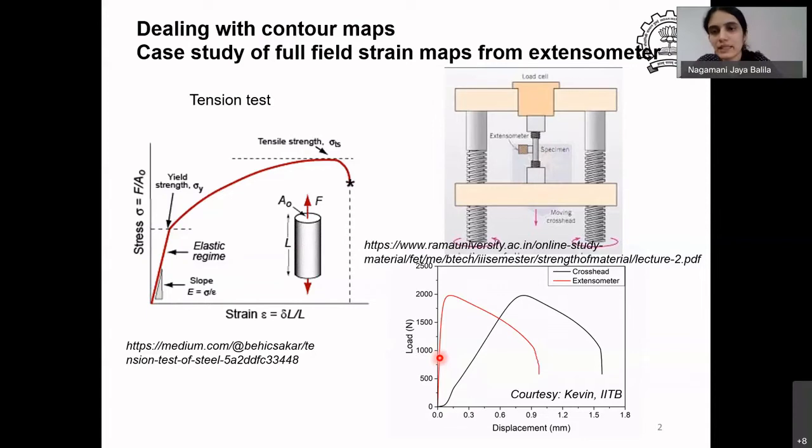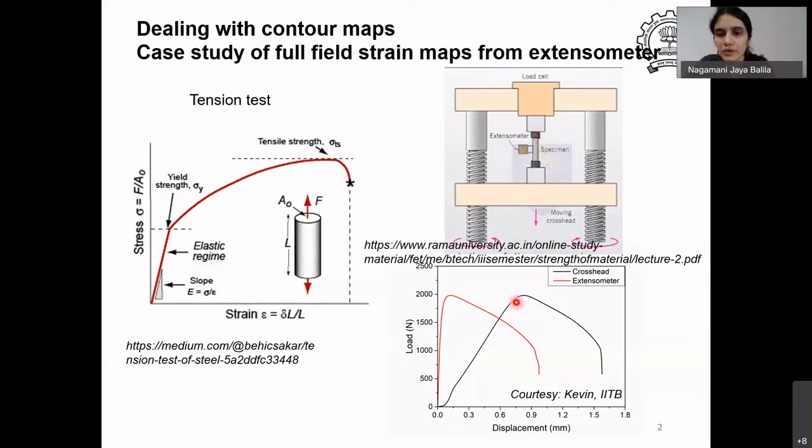It's basically an image correlation tool which will allow for measurement of individual points of strain. So what do I expect in a tensile sample? Because it's being uniformly pulled, I would expect that the strain is the same everywhere, right? So there was actually no need to use an extensometer.